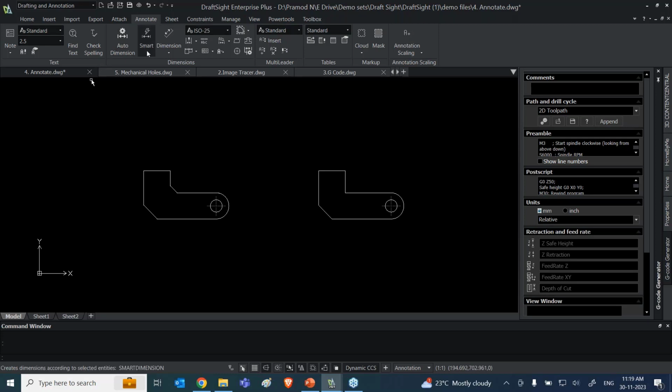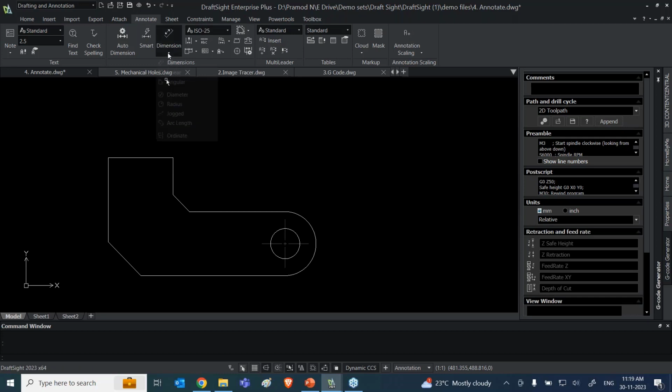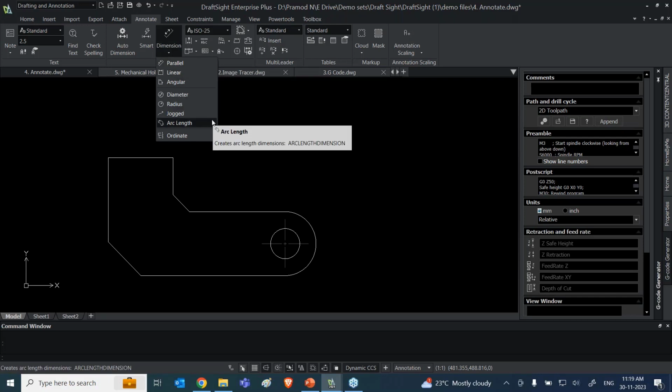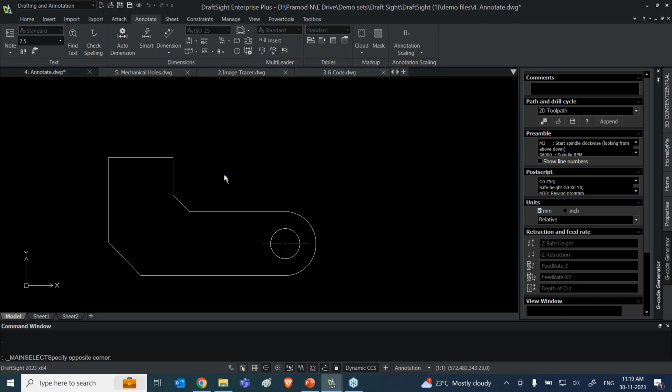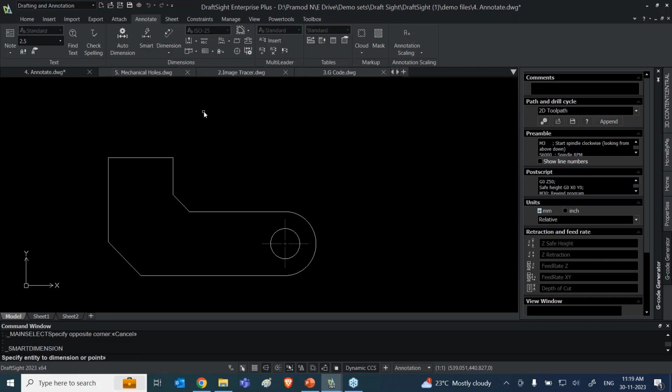Let us try to do dimensioning. Usually when we define dimensions, we need to define the type of dimension, whether we are giving dimensions for a parallel entity, a linear entity, angular, diameter, or radius. In any other CAD tool we need to predefine that type and then give the dimensions. Whereas in DraftSight, we have a feature called smart dimensions. As you all know, DraftSight is a part of the SolidWorks and Dassault Systems